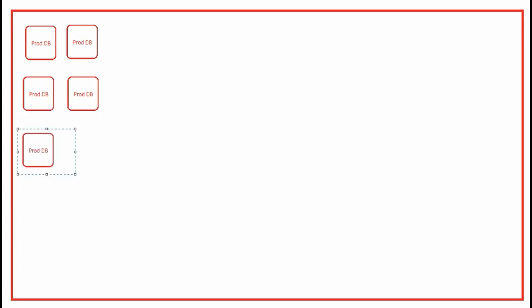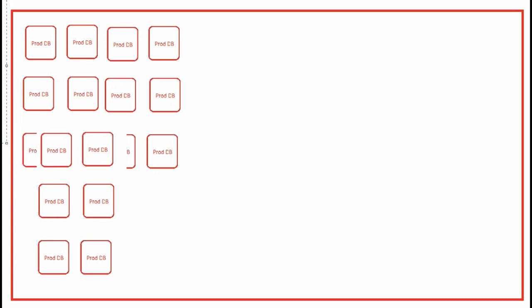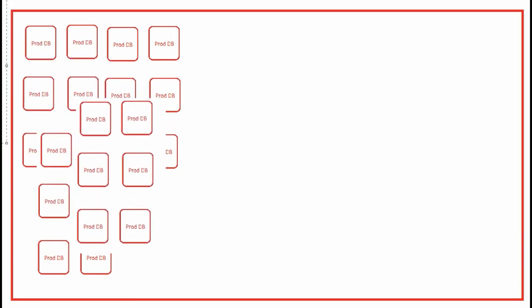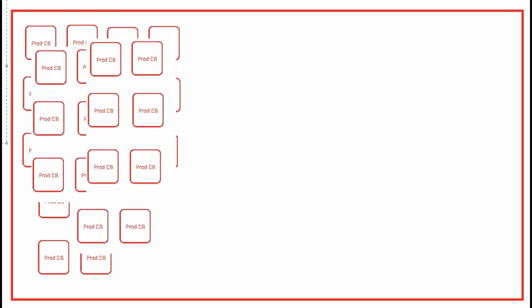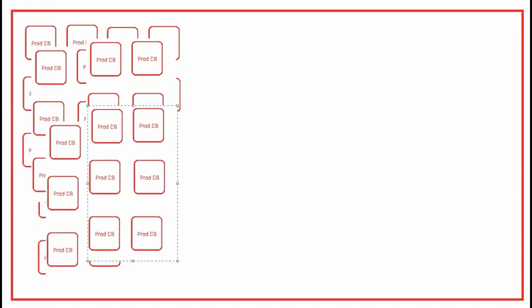I have a few more in another part of the town, and so on. I have hundreds and hundreds of stores, so many that it does not even fit into my diagram. So I have a lot of stores, a lot of databases, and there's no count to it. Each store has a particular database,